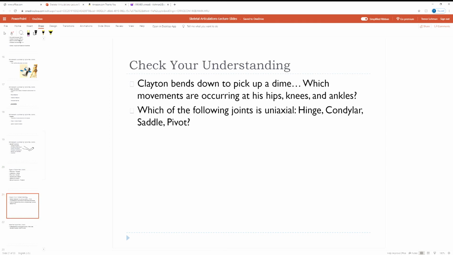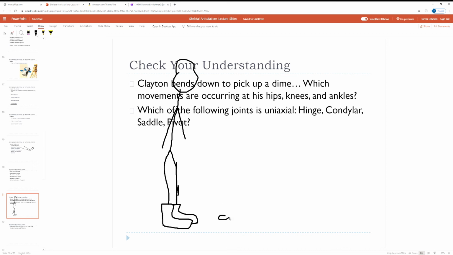This is a quick check your understanding. So imagine for a second, here you are, you've got your socks on. I was going to say shoes, but they look like socks now. Oh, I should have just drawn one leg. Oh well, there you are. And here you are, you're walking down the street, minding your own business, and what do you know? There's a dime. Goodness gracious. So what do you do? Well,